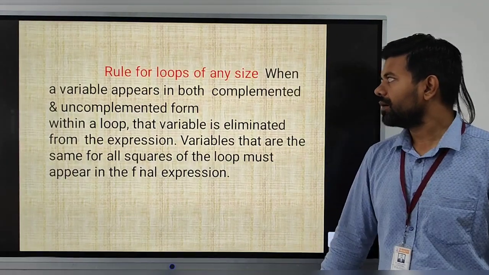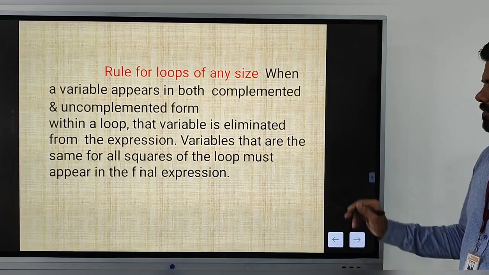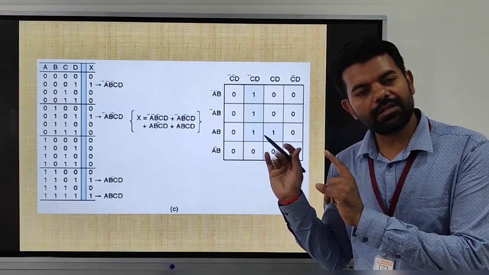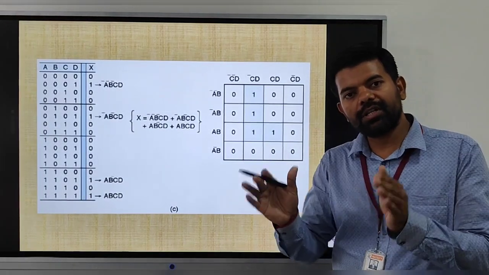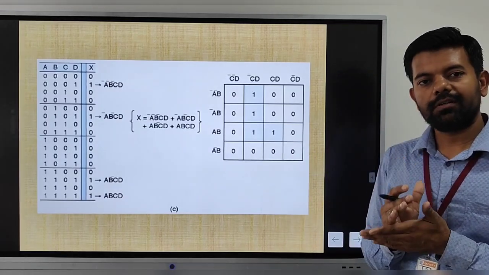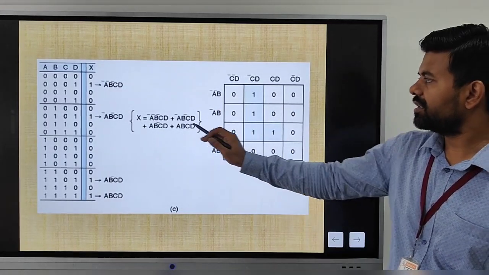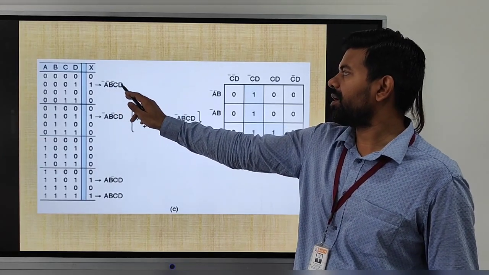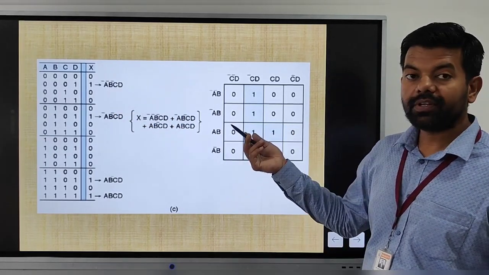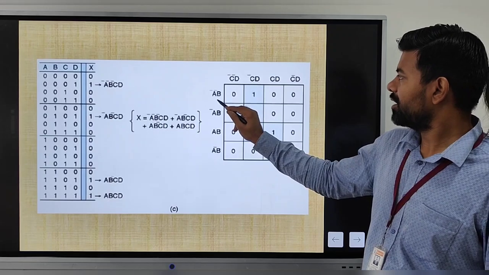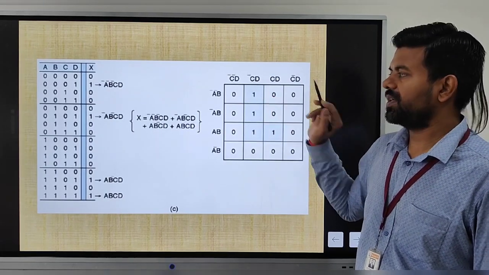Rules for looping of any size. The first step is to fill the K-map. This is how the K-map gets filled. In this case we get A bar B bar C bar D, which is one.